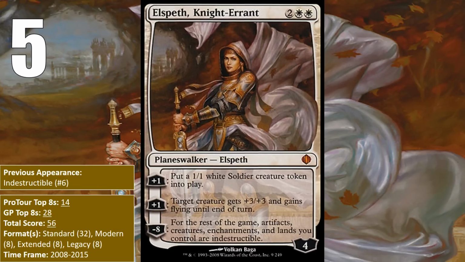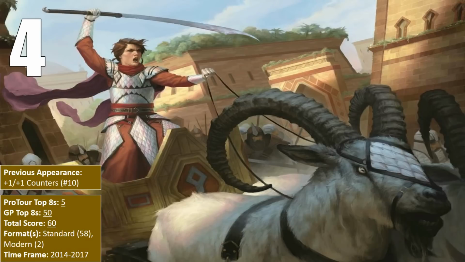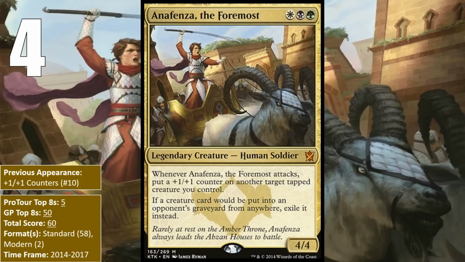However, she hasn't managed the top 8 in any format since 2015, and she hasn't been a part of any major decks in either Modern or Legacy for a while now, but there's always the chance that she gets another shot. At number 4, we have another soldier who was a leader like Darien and Brimaz, Anafenza the Foremost,